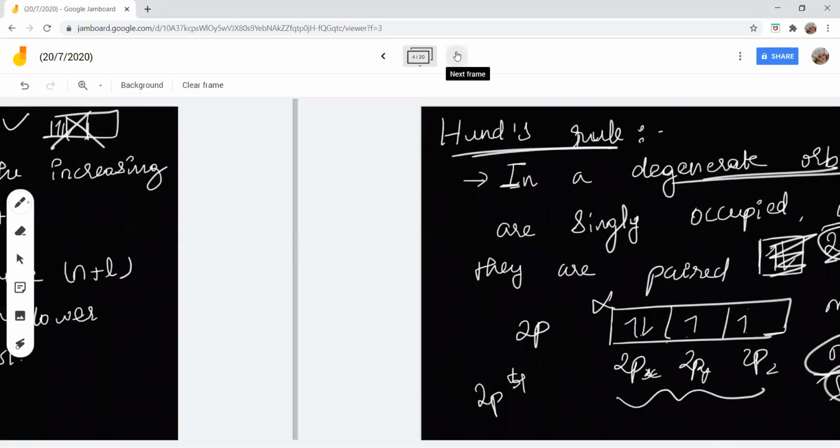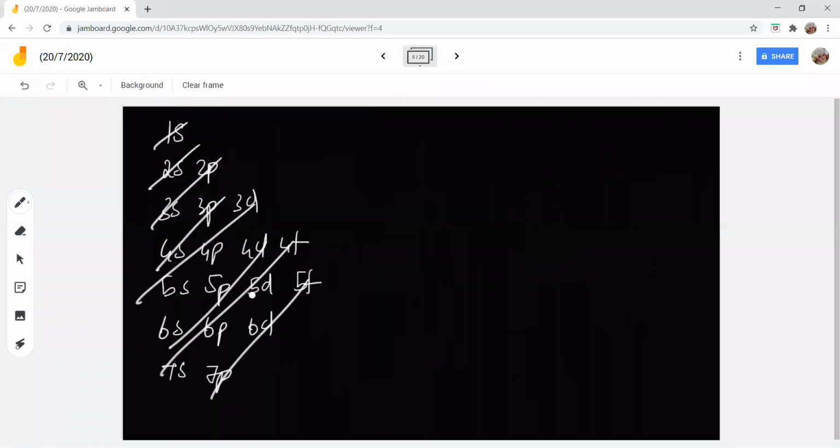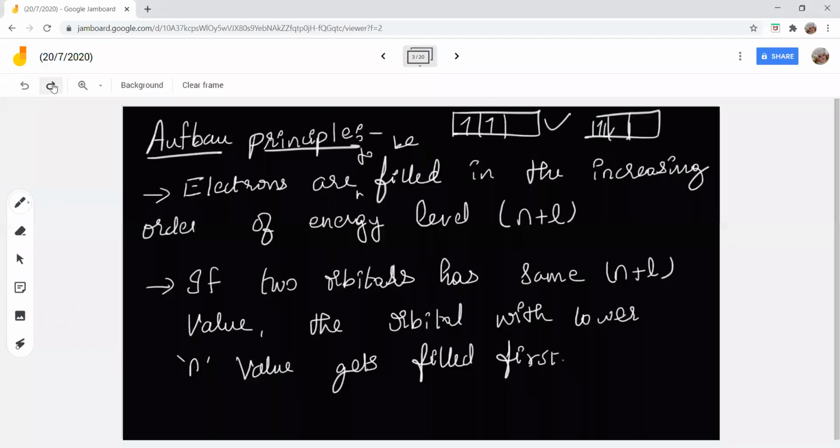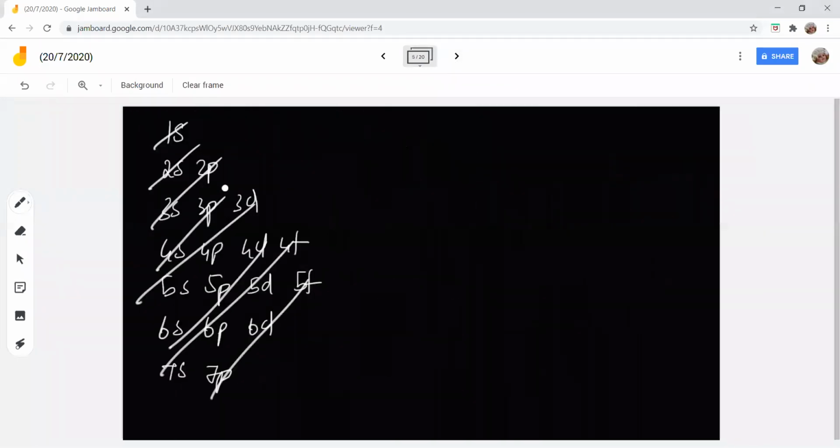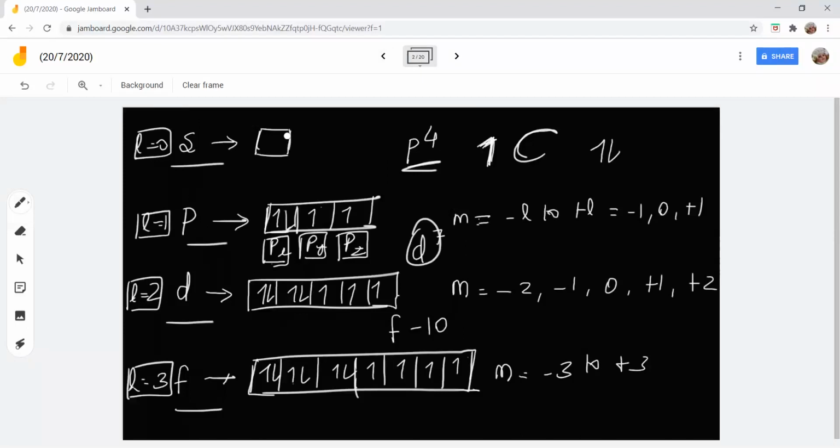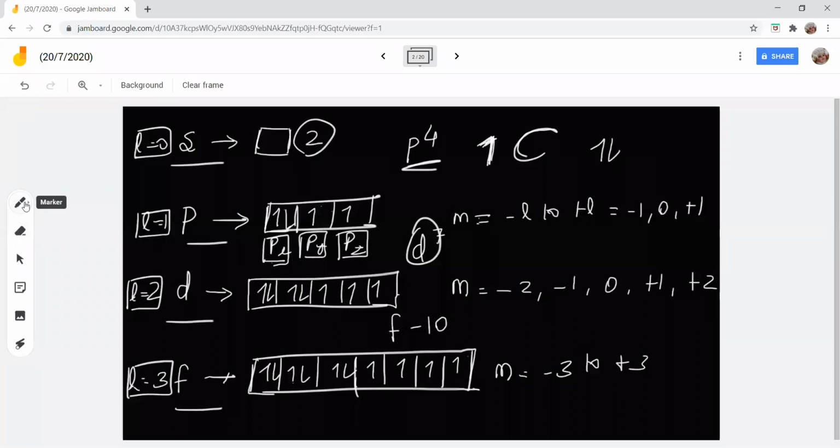Okay. Fine. Now we are going to fill the electrons as per this diagram. With the help of the orbitals diagram here, we could easily say, in the s orbital, maximum I can fill 2 electrons, correct? In p orbital, maximum of how many electrons can be filled? 3 boxes. In each box, I can have 2 electrons, right? So how many electrons can be filled in p orbital? Good, 6. The capacity of p orbital is 6.